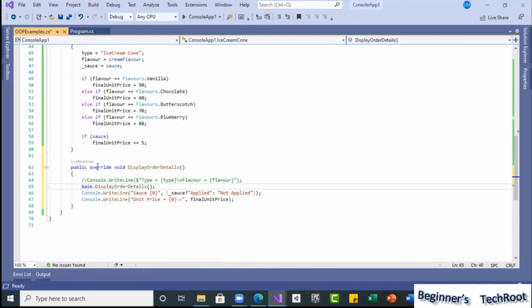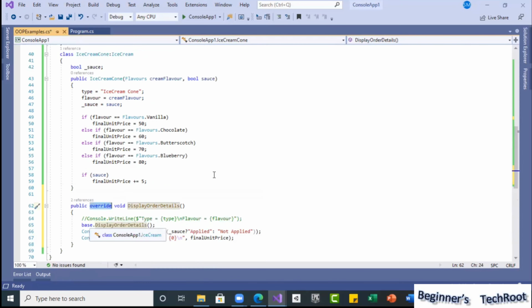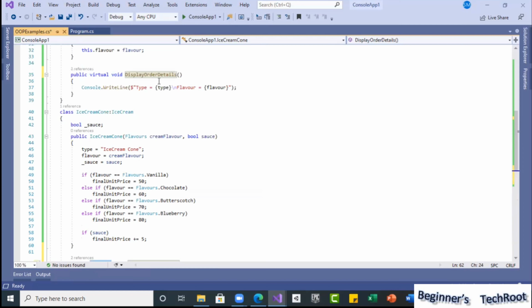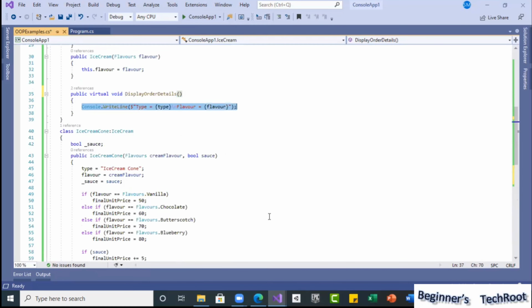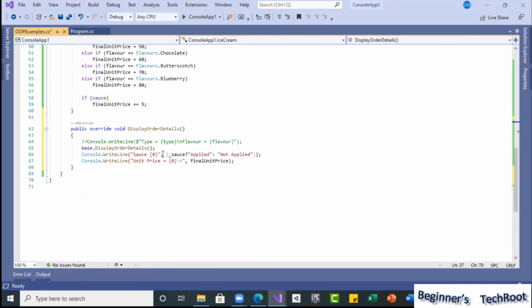So even though I overrode it, still with the base keyword I can call the base method. So base.display order details writes this line, then it will continue from here, so that all three details will be displayed. Okay, that is the understanding to give with the base keyword.